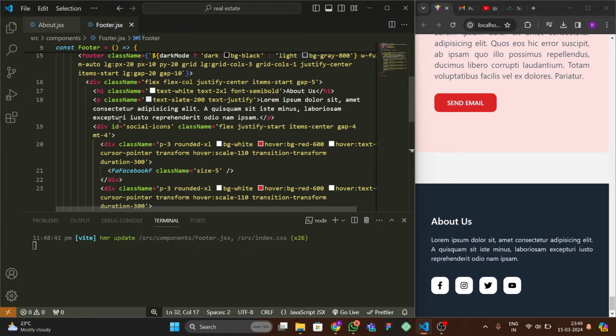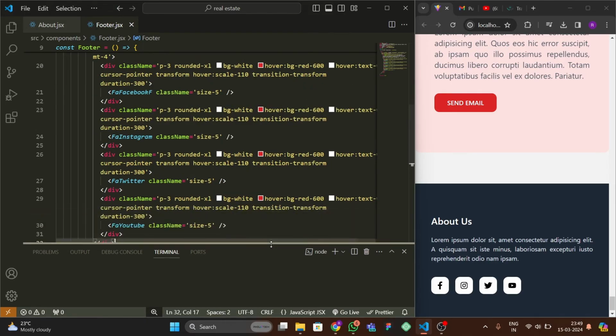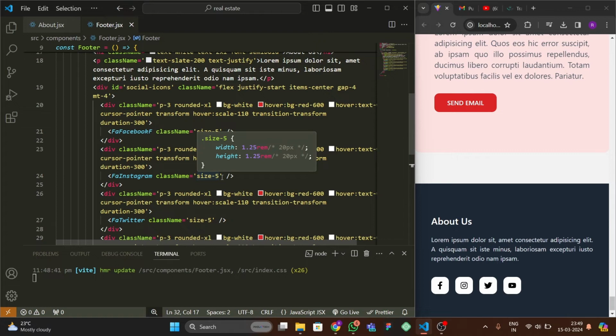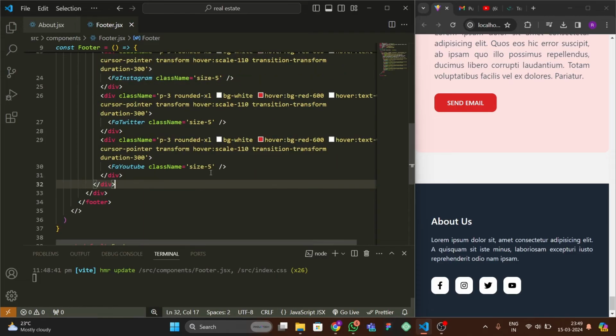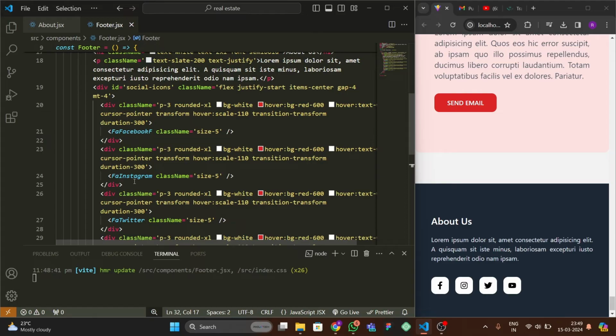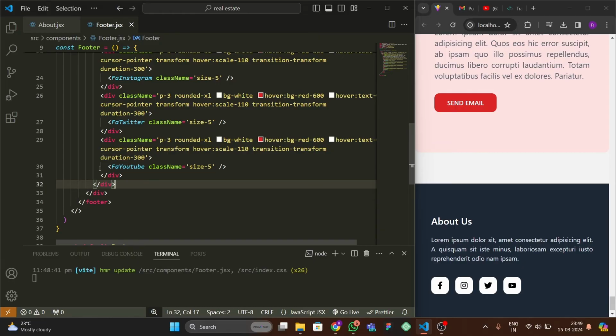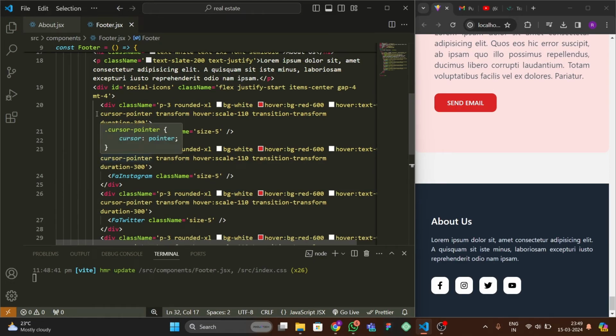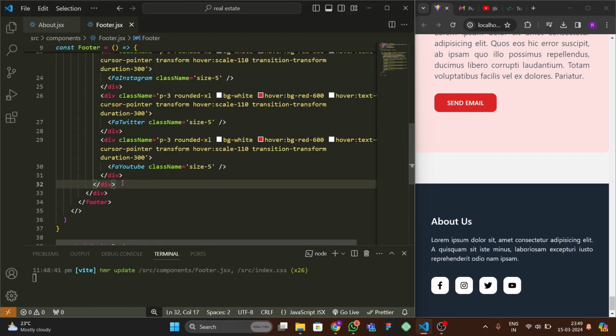We have the social icon div here, so we have to add one more heading here. So this is our social icon, and outside this social icon we have to write h1, and here we're gonna write